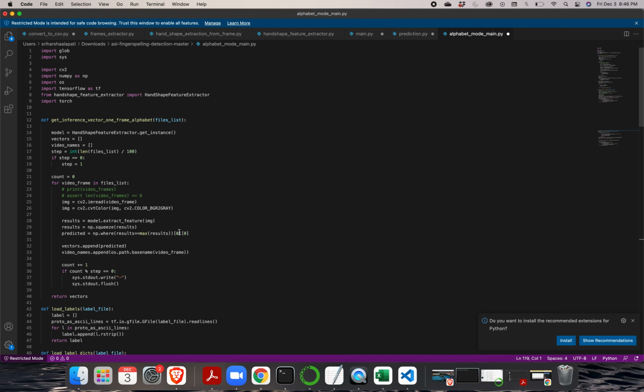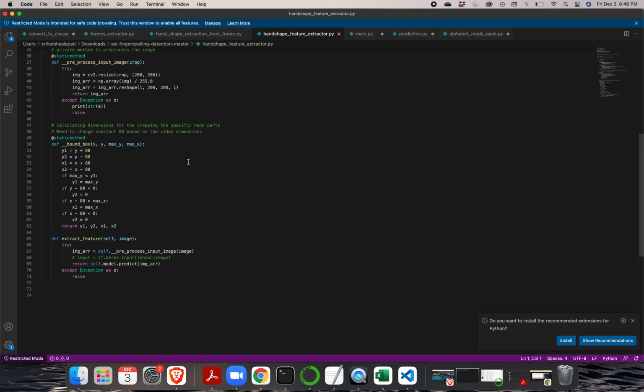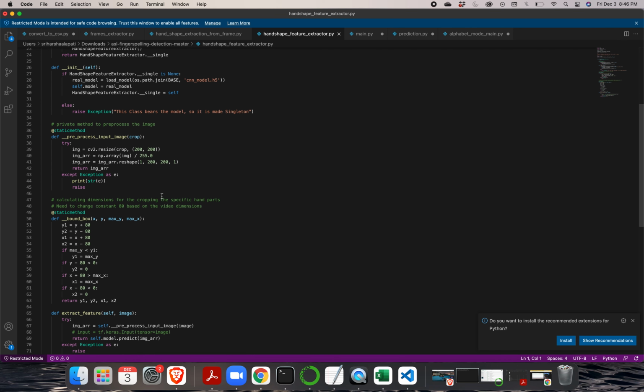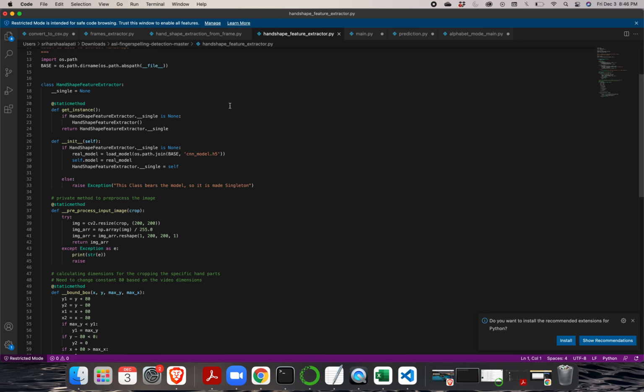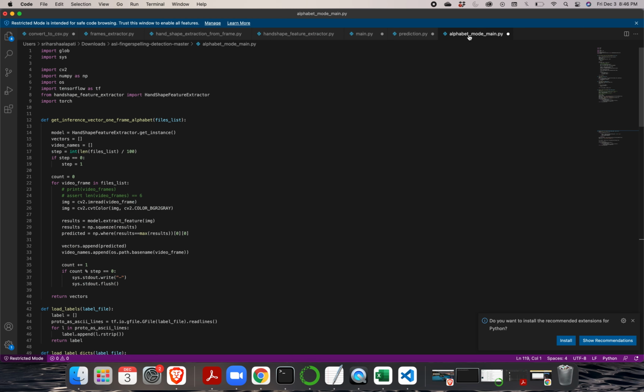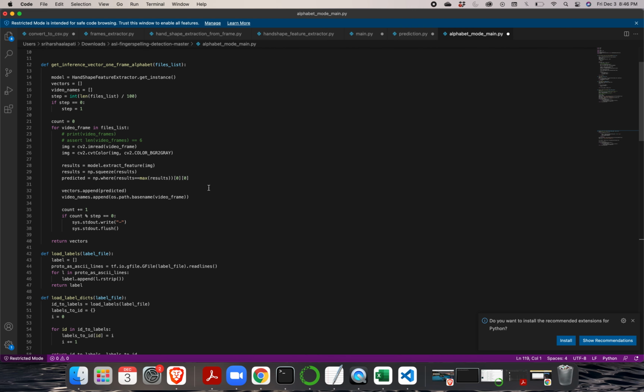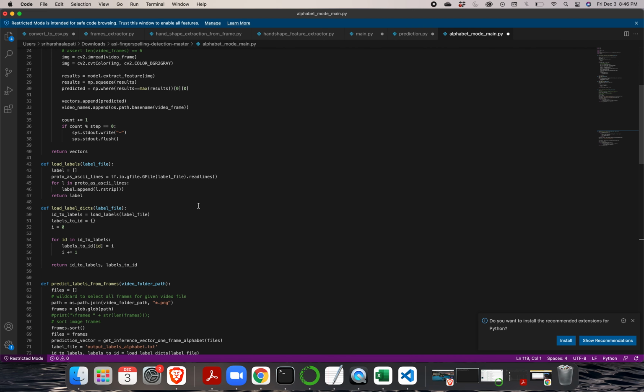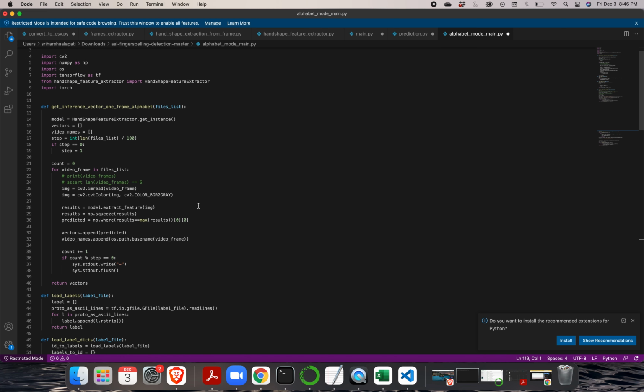First it will load the hand shape feature extractor, which is given, and it will just get the hand out of the box. And then it will load the model, and we first split the given data,